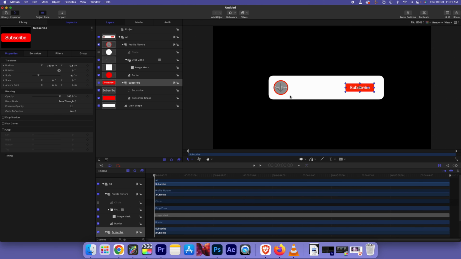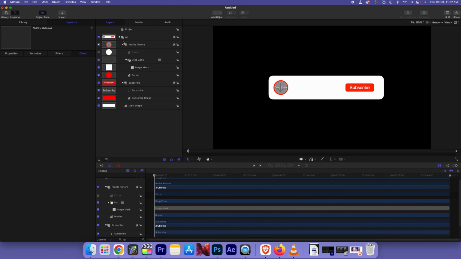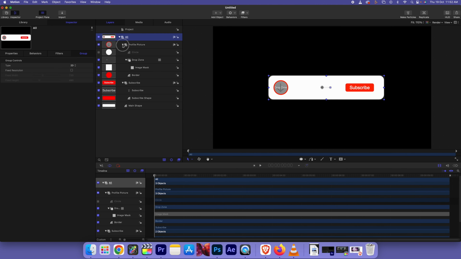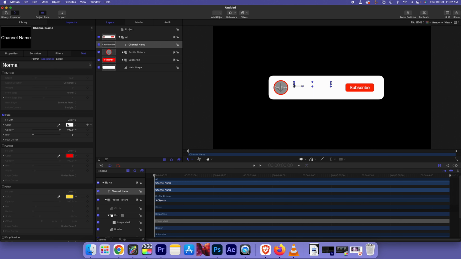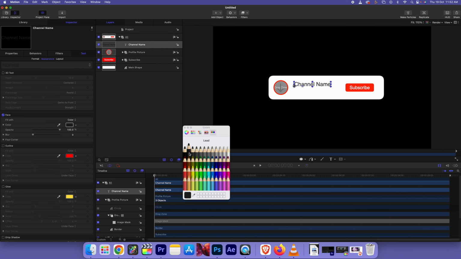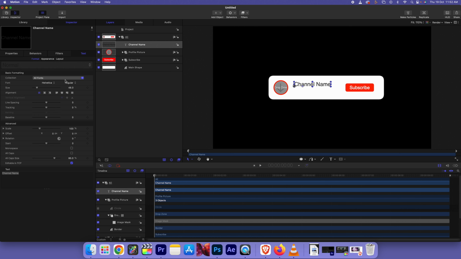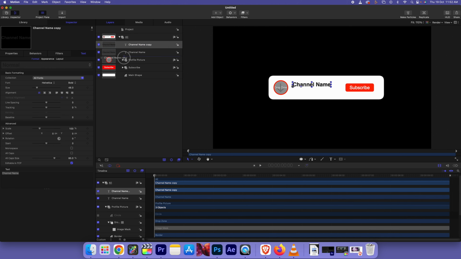Okay, next I want to add some text in this portion over here. For that, just select this all group again, and I'm just going to collapse all of this down. And while you selected this all group, click on the text and add text in this section. Once you type, just click on this move tool, and from this text appearance section, I can change the color to this off black, and in the format section, I can change this one to bold, put it over here and select it, Ctrl D to duplicate, and I'm going to push it down over here